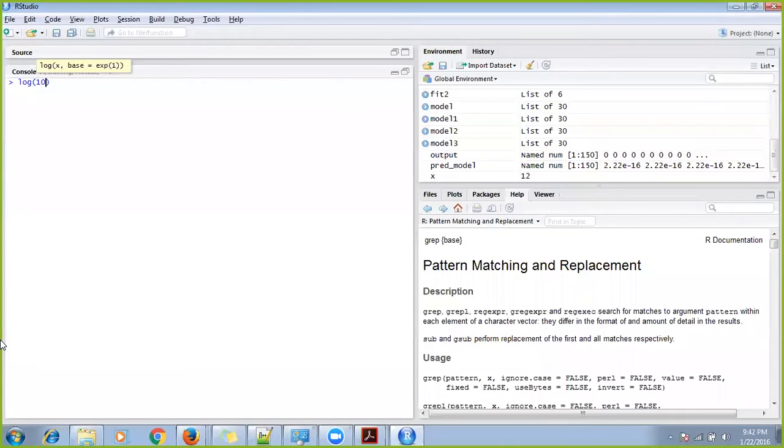When I write log of 10, I know that by default it's a log base e operation, so I'll get something like 2.30. But let's say I want to do log of 10, base 2. In that case, I say log of 10, comma 2. So 2 is for the base. Okay, so 3.21. For example, we know log of 2 base 2 is always 1. Log of something with the same base is always 1. You can verify that here. So on the second parameter inside this function, you can give the base value.